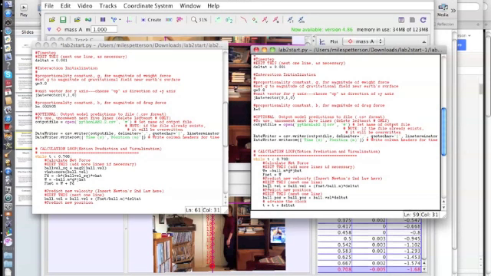We also put in the velocity function and the position function. When we run this model,